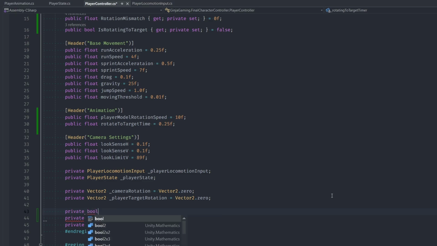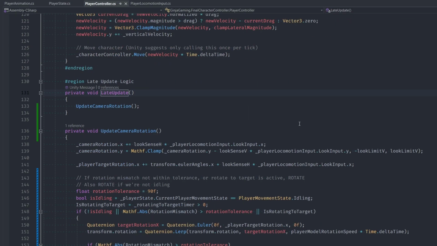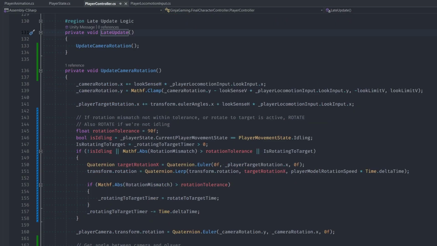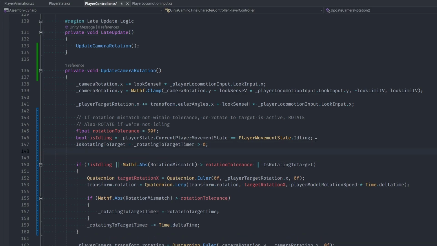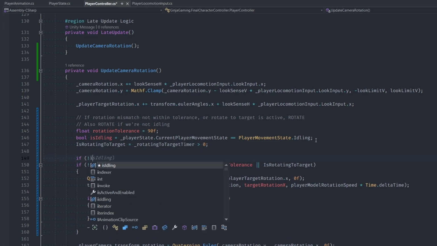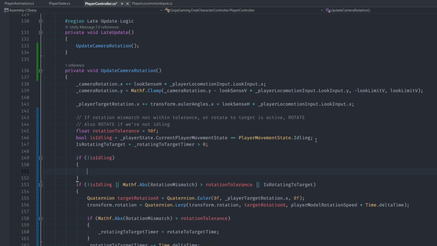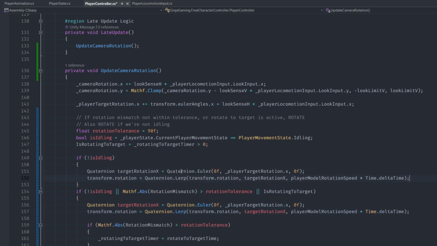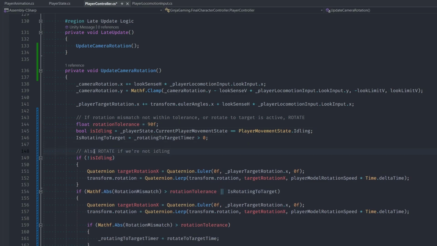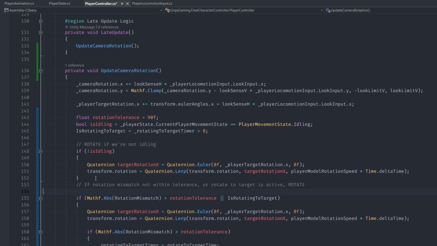Navigate to your player controller class and let's add in a member field isRotatingClockwise and set it to false. I'm going to go to our UpdateCameraRotation function with this tool, and let's break up this if statement to make things a little more clear and less redundant. So we'll make a separate if statement for just the case when we're not idling, paste in these two lines for our player rotation, which basically means that if we're not idling, we're also rotating towards our camera direction. Now we remove the isIdling portion from our other if statement and make sure it's an else if statement